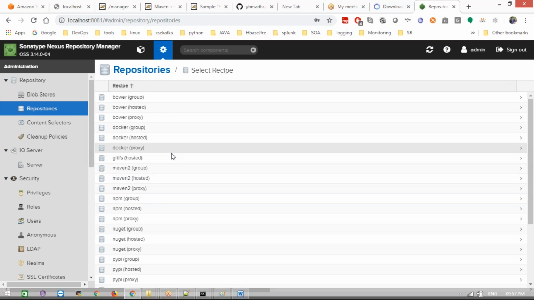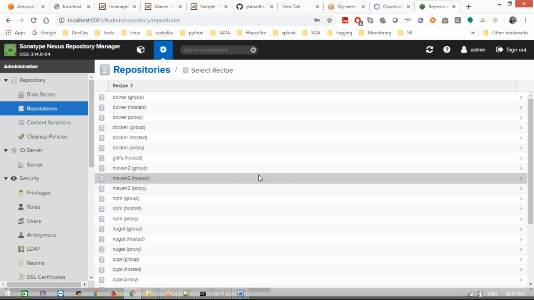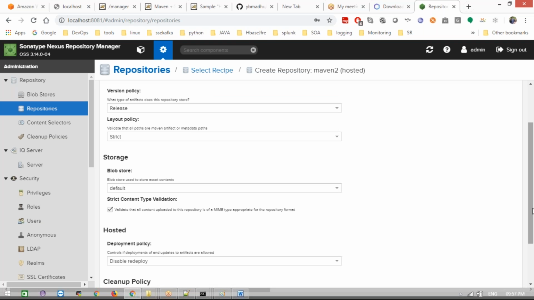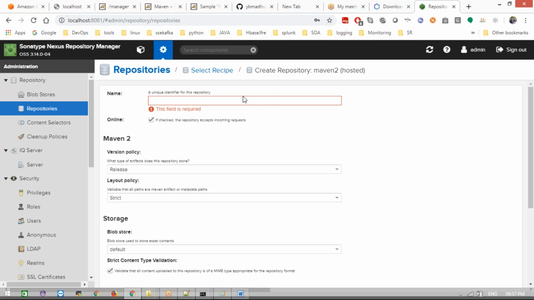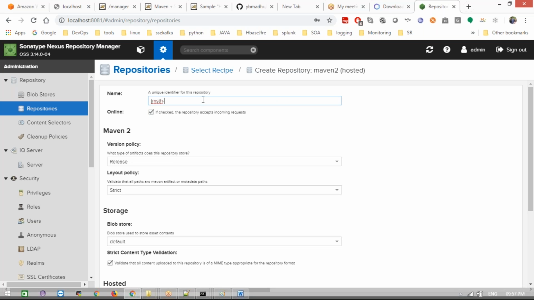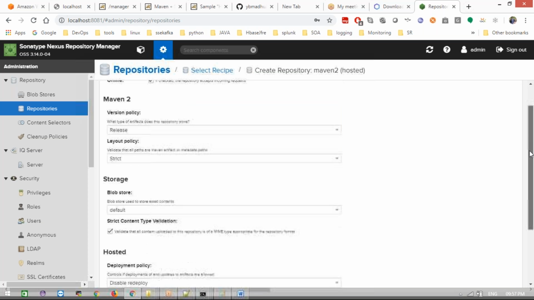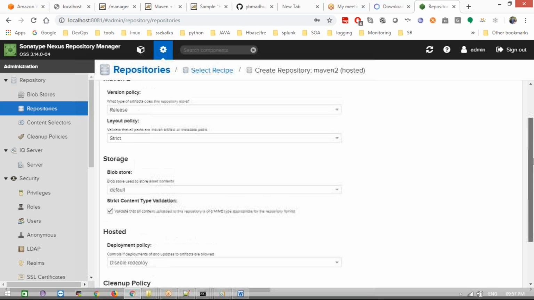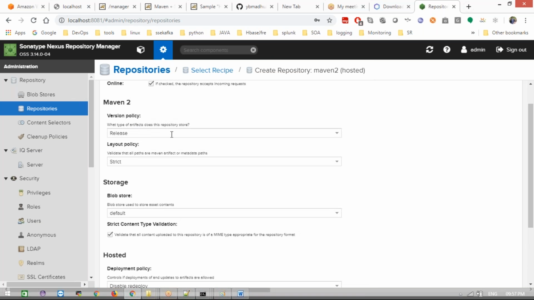And which one are we going to push now? Maven, right? I am going to click the Maven hosted repository. I am clicking this. It will open this page and give the repository name here. Now, JMSTH 20 Spring project. The name should be a unique one. JMSTH 20 Spring project. That is my repository name.